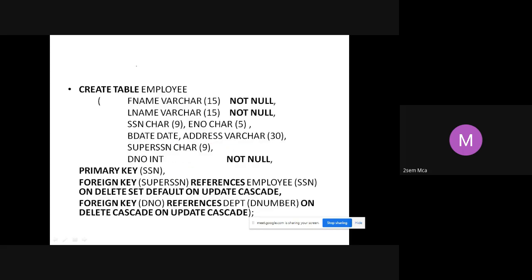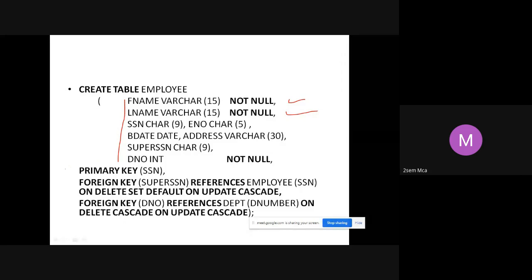See here, how do I specify that? First name is not null, last name is also not null. Then SSN and E number we have defined, birth date, address, super SSN is a foreign key, and then D number int not null. We have defined all these attributes.